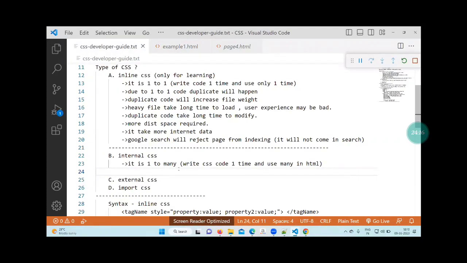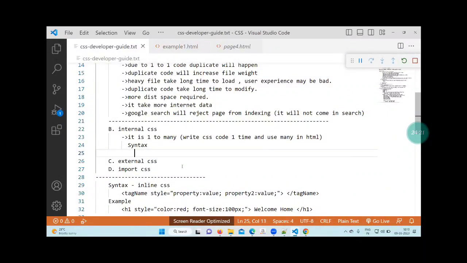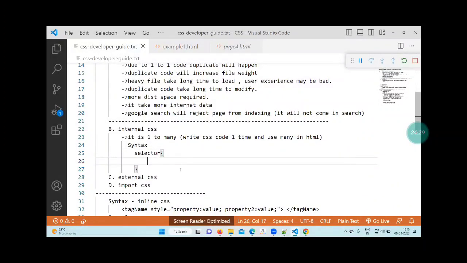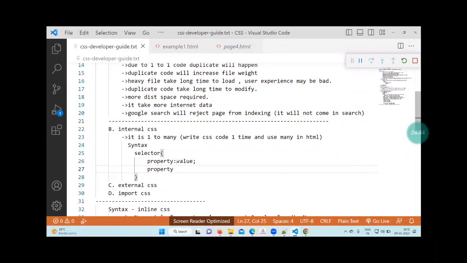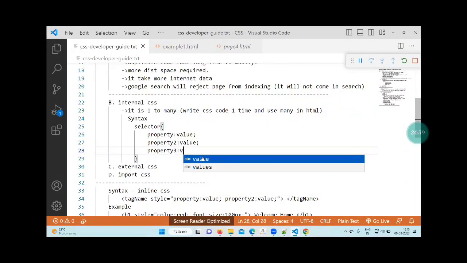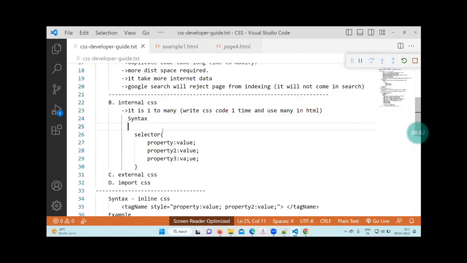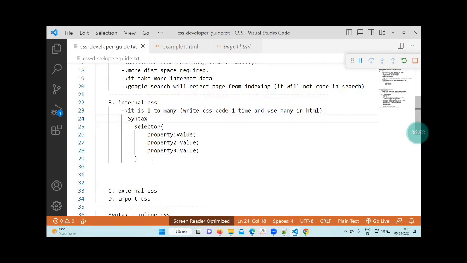Come to the developer guide. Right here, the syntax to write CSS. What is the syntax to write CSS? You have to write the selector. After the selector, property colon value. Second property colon value. Third property colon value. Correct? So multiple properties and multiple values. Property value, property value, we have to write everywhere, and that becomes the syntax. Now when I write an example here,